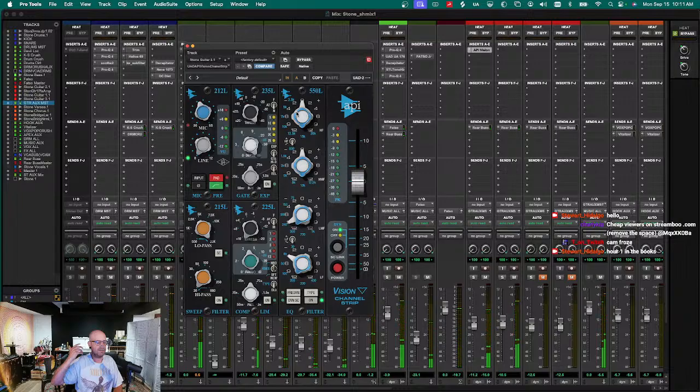Alright, so we're going to start kind of giving some definition to the guitars. I'm trying the API Vision plugin from UAD, so